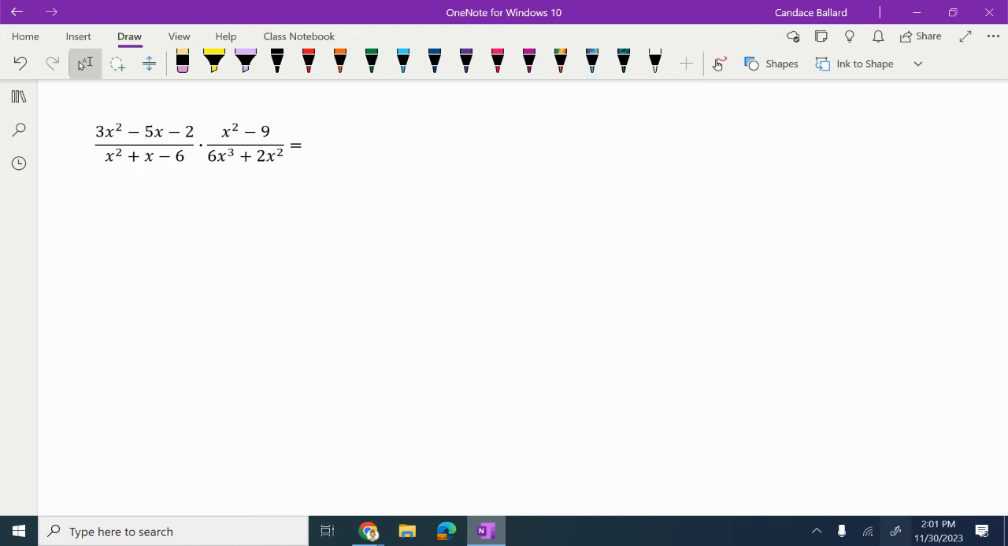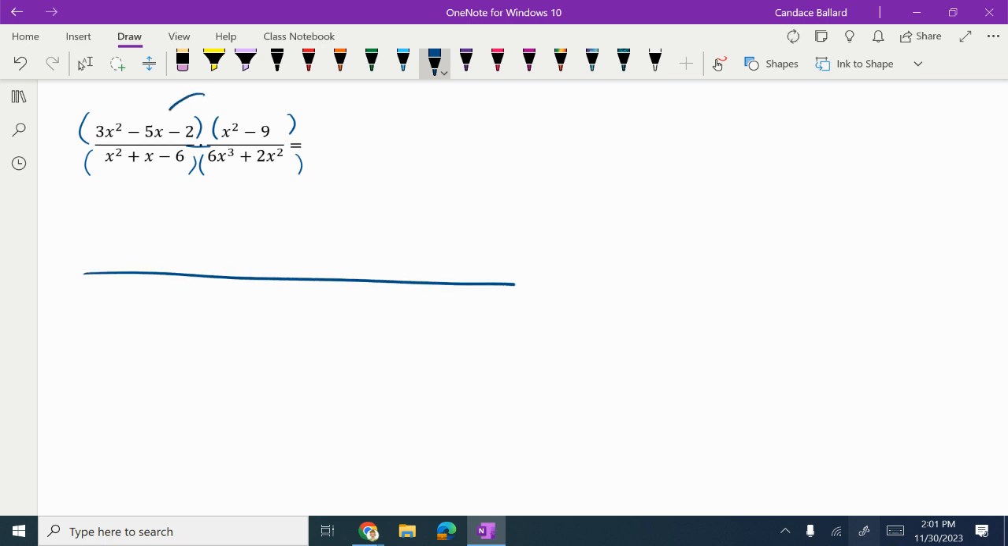In this video, we're going to multiply rational expressions. When I'm multiplying, I just think of it like a simplifying problem. I put parentheses around these, and kind of attach this, and then I'm going to go ahead and do my factoring. Looking at this, I notice I've got a trinomial, which means I'm going to try